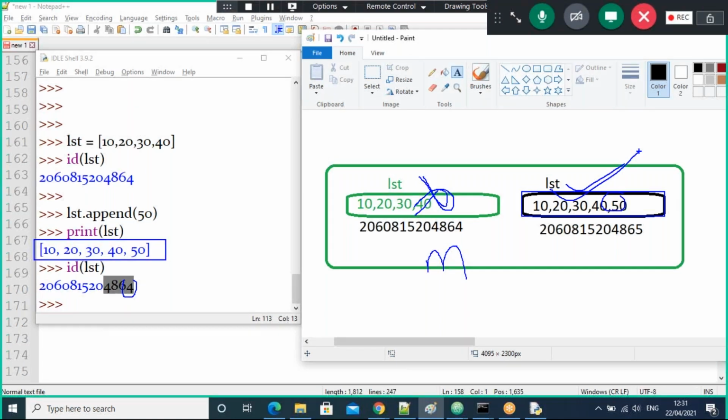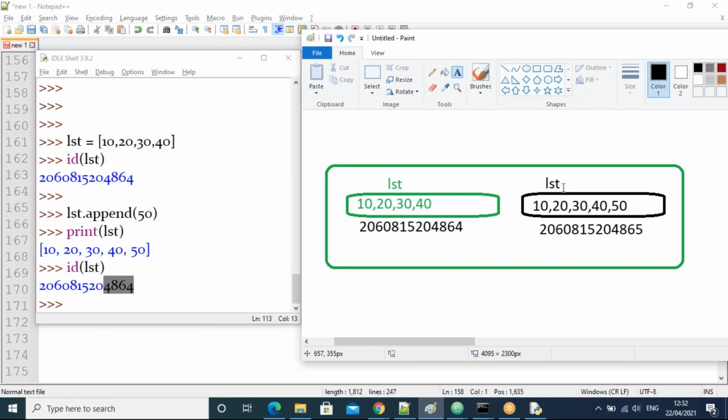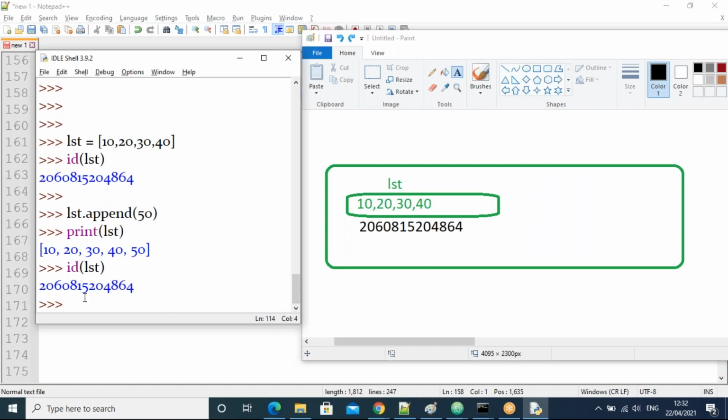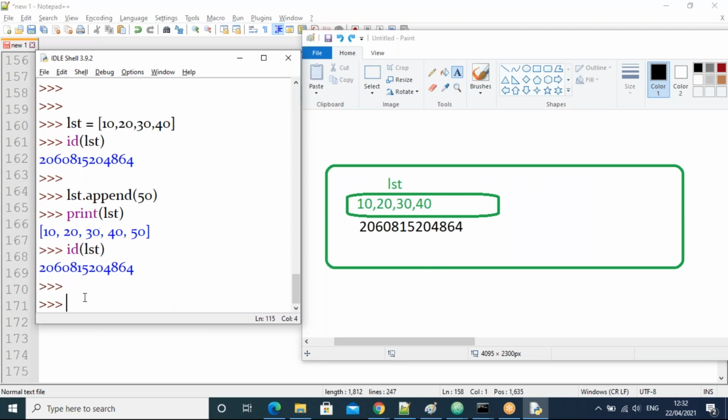That is called an immutable object, guys. All of you clear, right? So now what do I do? I'm going to see, in case the same address is there, there's no possibility of a second list. Now what do I do? I'll add one more value.